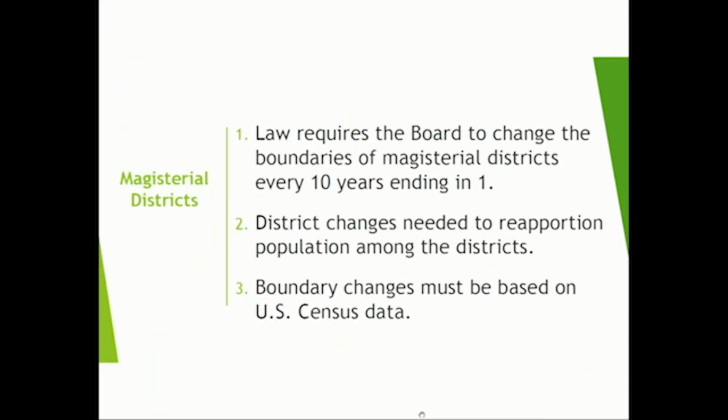The law requires the board every 10 years, actually in this year, to redistrict the county, and that's by virtue of the fact that we have magisterial districts and vote for board members by district. That redistricting is to basically create 5 districts that are, quote, equal in population, and we'll talk a little bit about what that means, but those changes have to be based on the census, and as the board's aware, the census got backed up significantly this year.